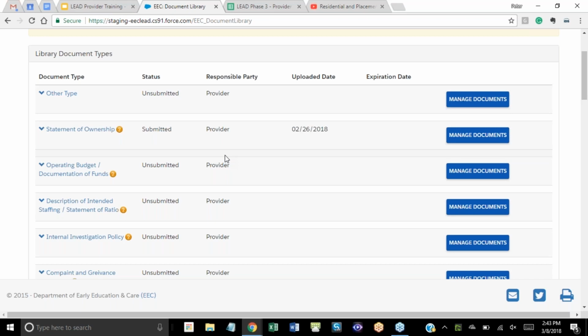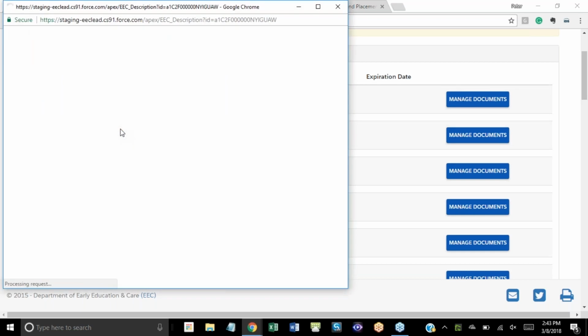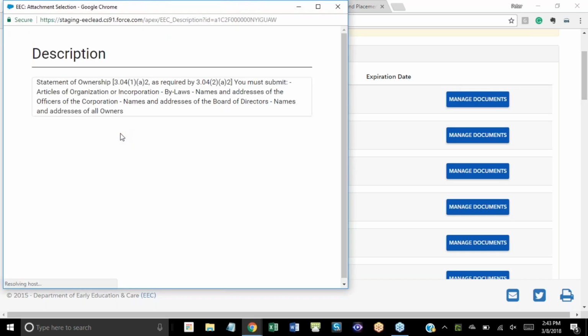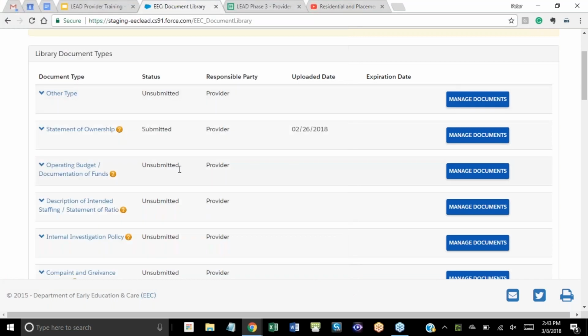The next column refers to the responsible party. And what that means is who's responsible for submitting and making changes to this document. And there's 2 possible people that could be listed as a responsible party. It can either say provider or it can say umbrella. The documents all start out saying provider, which means that each individual program can upload the documents that are listed here. But if your organization is set up so that you have portal users at the umbrella